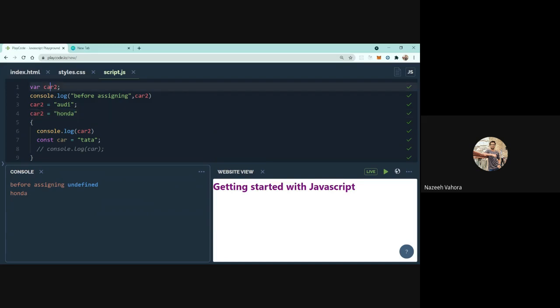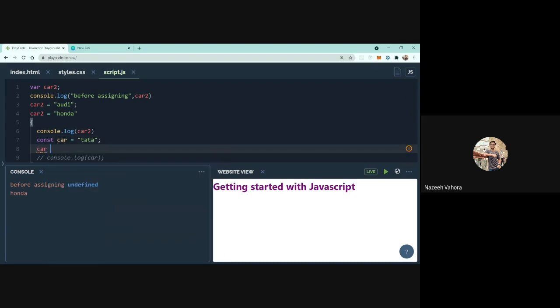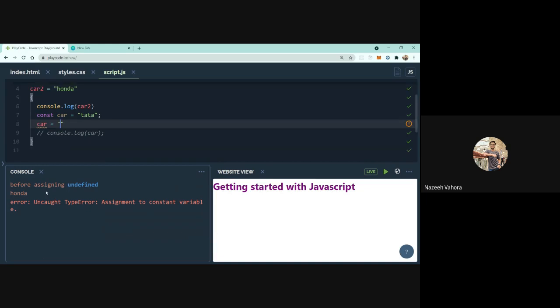Okay, so a variable which is declared using var can be reassigned another value, but another variable which is declared using the const keyword can't be assigned another value. A compiler will throw an error. So you can see, assignment to constant variable. The car is a constant variable and we can't reassign a value to it.